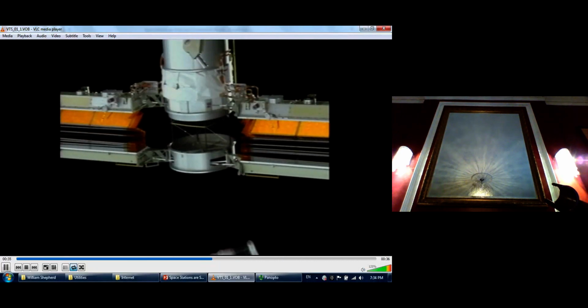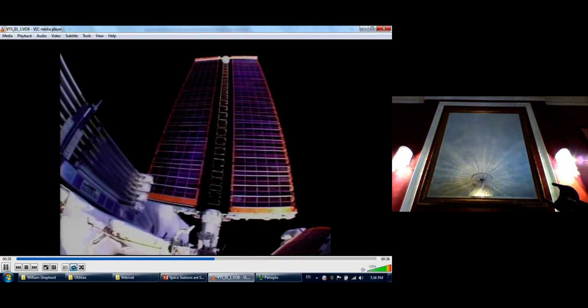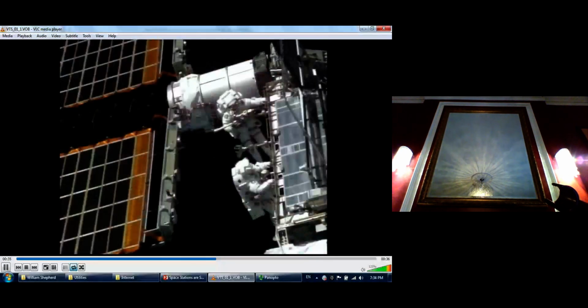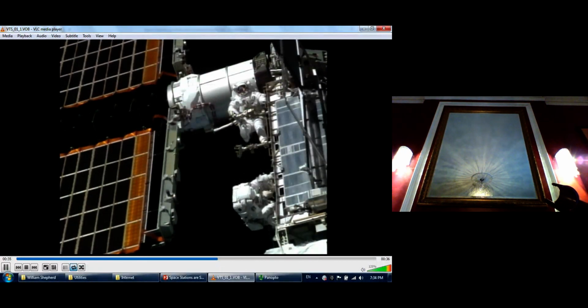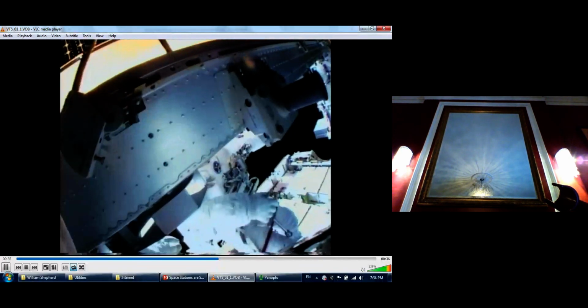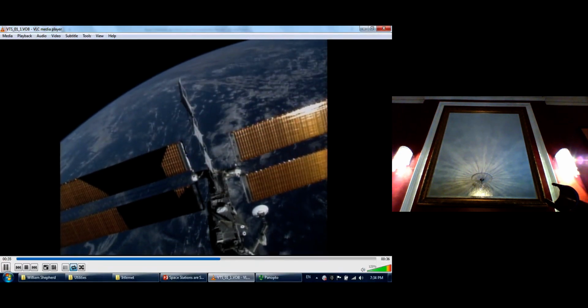sunlight and darkness and the orbital period, which is about 92 minutes, you have about 40% of that in darkness. This system, each set of wings generates 27 kilowatts of power. But really, its production is more than that because you've got to stuff what you generate into batteries so you can handle the dark side of the orbit. So the output of these arrays is close to 40-45 kW by the time you're done. You have a cooling radiator that sits up on the top. You get this done with